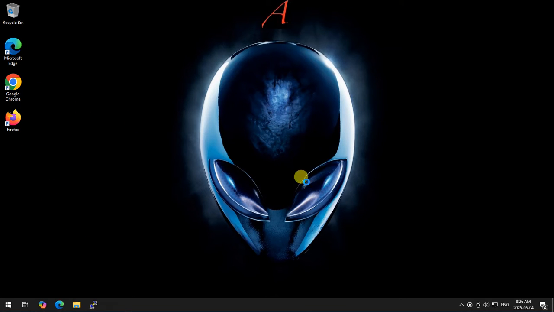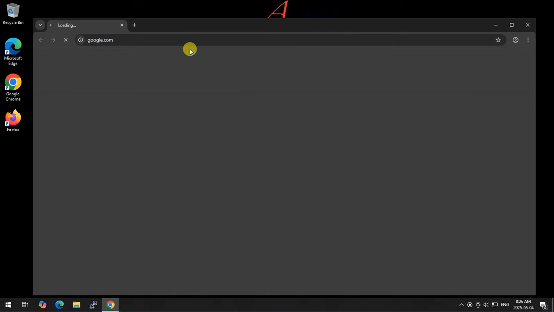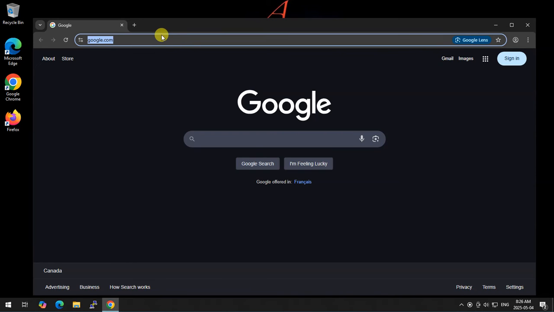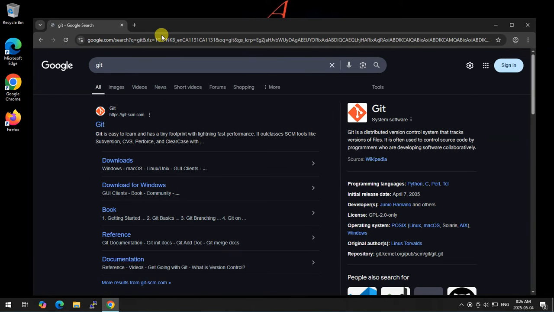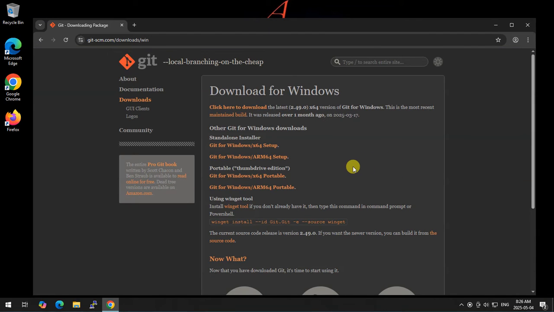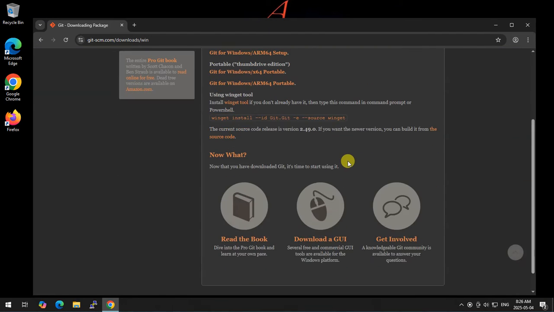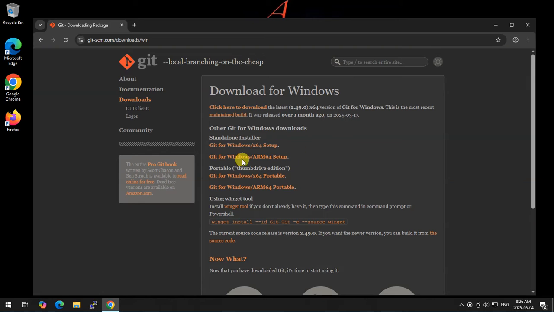To install, first you have to download Git. Again, you open any browser that you like, you type Git to search for it, and you go to Git and you download it. So download for Windows, and you use the version that matches yours. We're going to install Git for Windows 64-bit,